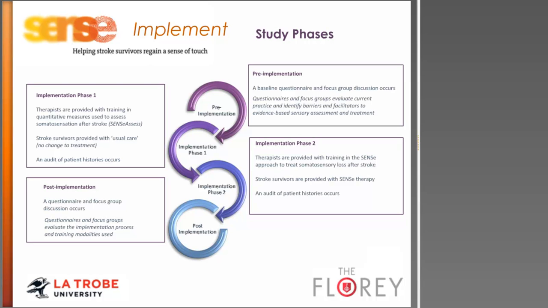And during that phase, nothing changes with treatment. So clinicians provide what they would usually do, and we just monitor the results, and we conduct an audit of histories to see what is being provided. We also, after that phase, it moves into phase 2, which is the treatment phase, and we as a research team visit the health organisation again, and we provide training in the SENSE therapy approach to treat somatosensory loss after stroke. And in this phase, stroke survivors are provided with SENSE therapy, and we also complete an audit of patient